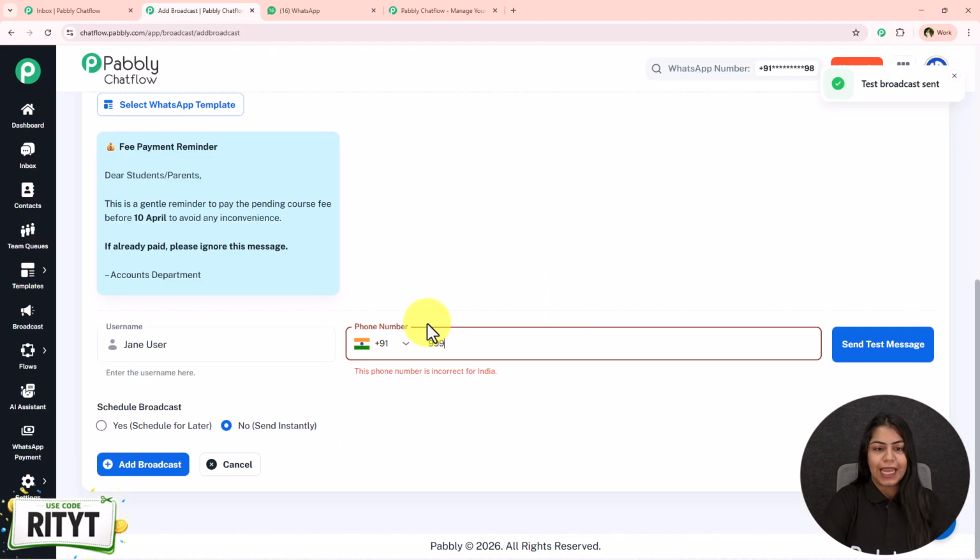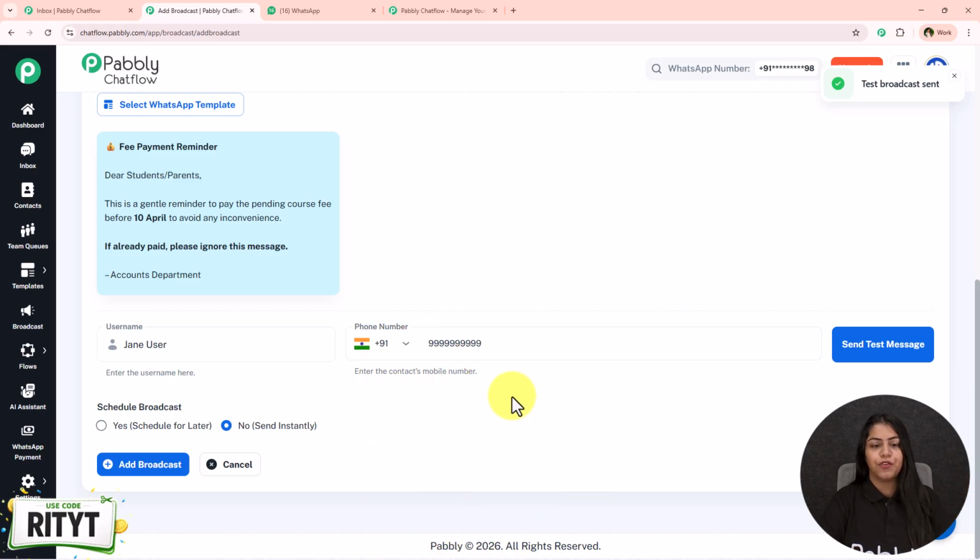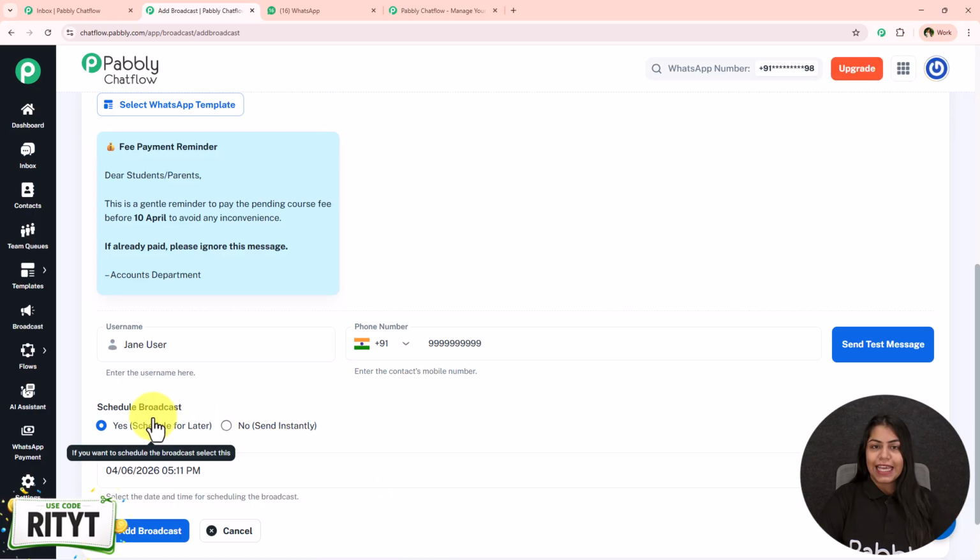What you have to do next is schedule this broadcast. So you have two options: schedule the broadcast for later or send instantly. So if you wish to send this broadcast instantly, click on this no send instantly and then add broadcast, and this broadcast will be sent instantly. If you want to schedule this for later, click on this yes schedule for later